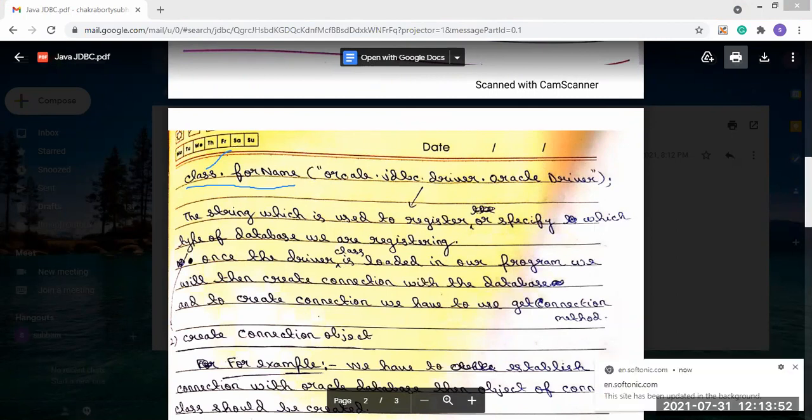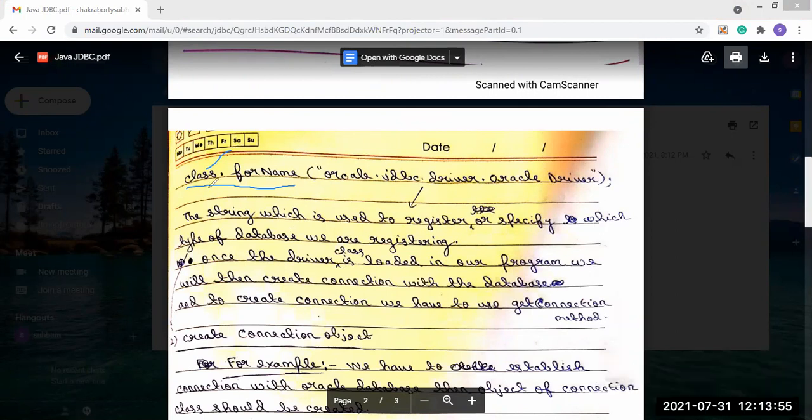Inside it, as a parameter, we pass a string: oracle.jdbc.driver.OracleDriver. The string is used to specify which type of database we are registering, so that is why we send it as a parameter.